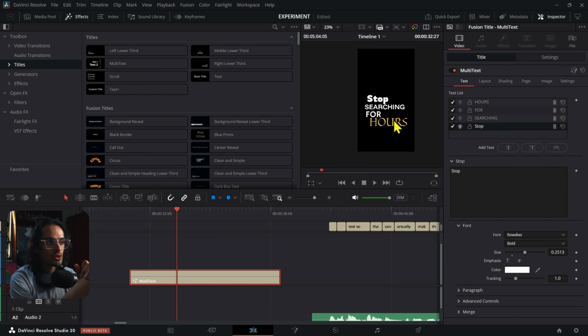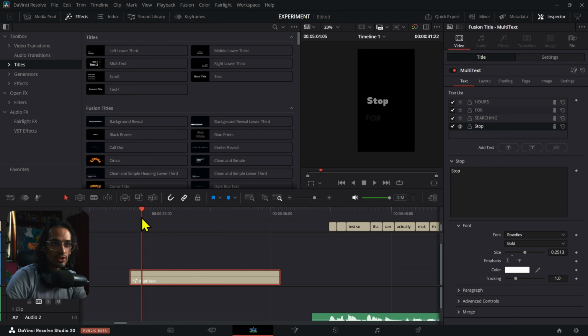But I was trying to see, okay, how can I create this kind of pack for DaVinci Resolve and do it in a way that is as fast as possible for the user and also user-friendly. And this is good. I tested the MultiText tool first,